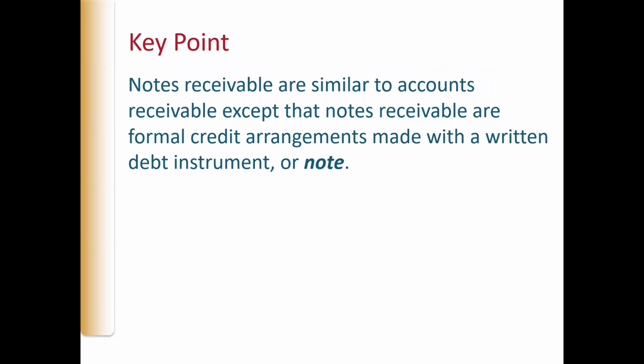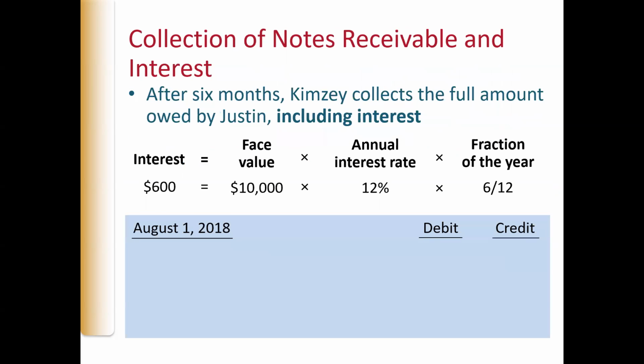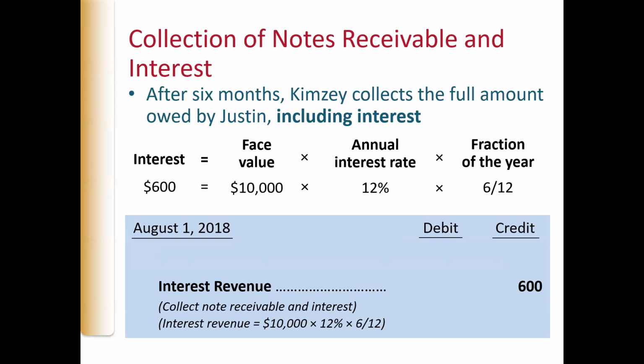Okay. Notes receivable are similar to accounts receivable, except that notes receivable are formal credit arrangements. Now, after 6 months, Kimsey collects the full amount owed by Justin, including interest. The way we calculate the interest is the interest rate is always stated in annual terms, an annual interest rate. Therefore, we have to break it down by the month. So a $10,000 face amount times a 12% annual interest rate times half the year